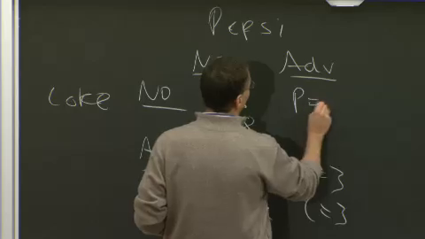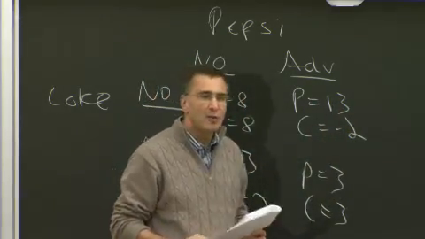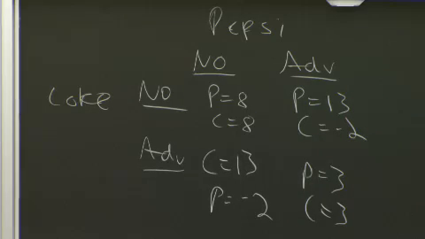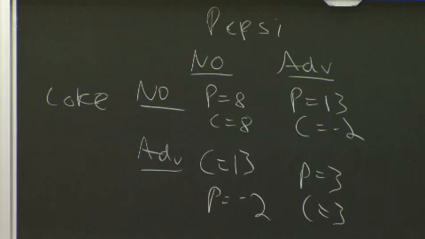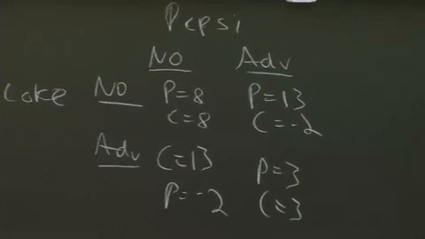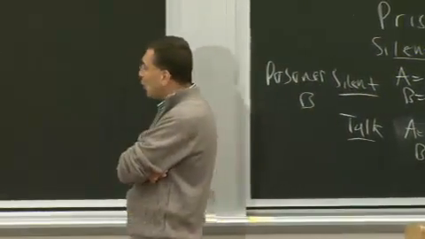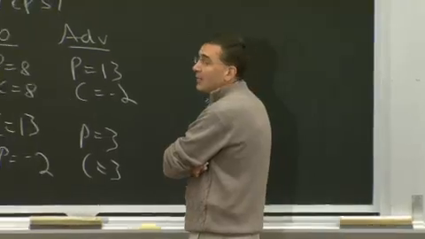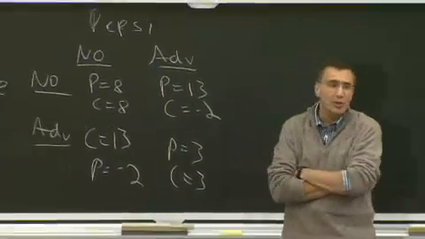So Pepsi makes 13 and Coke makes -2. Once again, I just made up these numbers so it would work, but these aren't real-world examples. Okay? So once again, we can see there's a dominant cooperative strategy, which is they both should agree, let's not advertise. But if they can't cooperate, then what's the Nash equilibrium? Let's work it through. There are no shortcuts here, you just have to work this through.